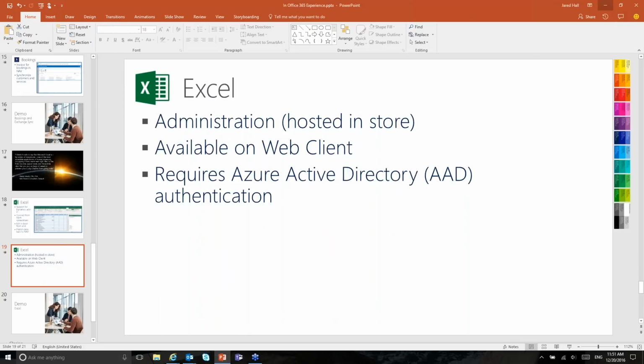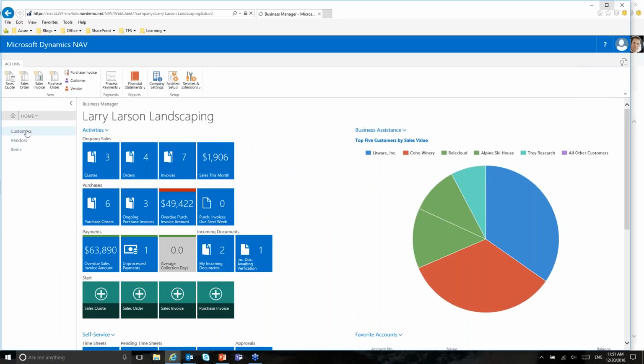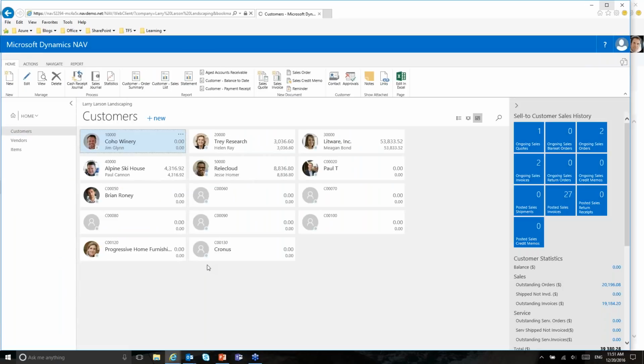Let's go look at a few ways in which that can be used. The first one I want to look at is sending data from a list out to Excel. If you have this functionality set up, with your authentication methods and the administration that we'll talk about in just a minute set up correctly, then rather than Send to Excel or Open in Excel, which would have been your other options in prior versions, we have Edit in Excel as the option